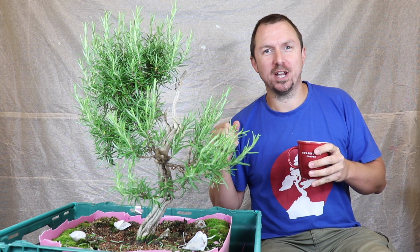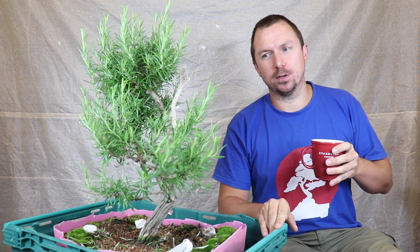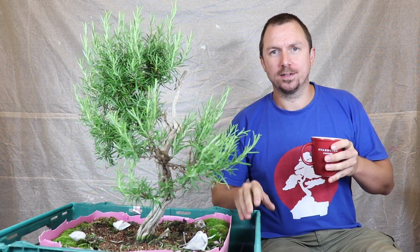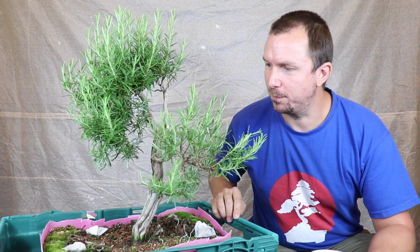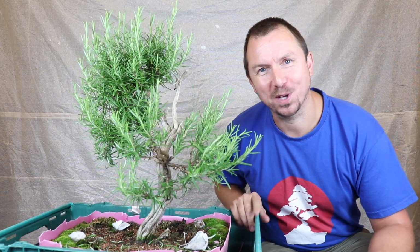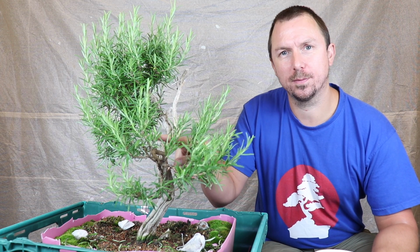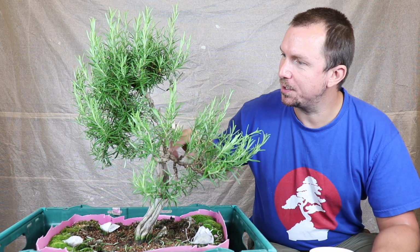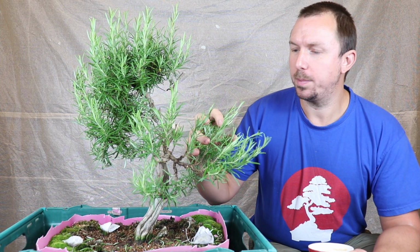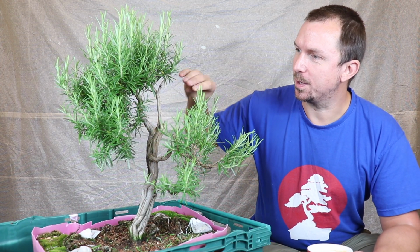Haven't done the upper section yet, but I thought I'd pause, grab a cup of coffee, and then just show you the result of the cleaning so far. So hopefully you can see that we've revealed the structure of this branch. You can see what's going on. Made some minor decisions about removing some of these vertical pieces on the inside, and hopefully you can clearly see the difference it's made to being able to see what's going on by comparing it to this upper section, which